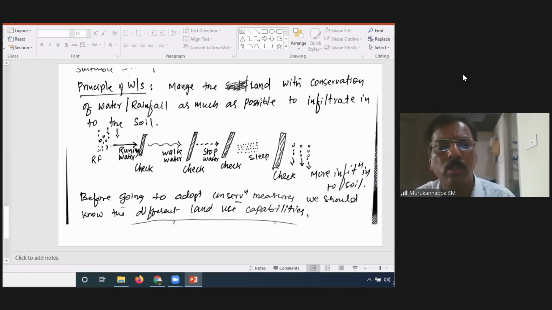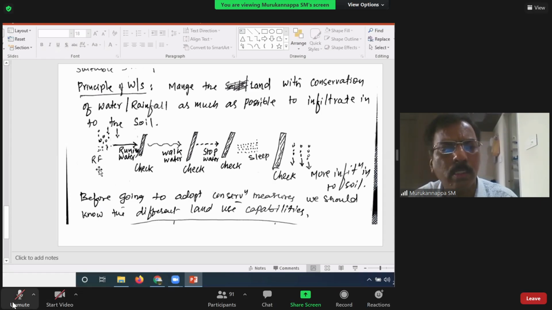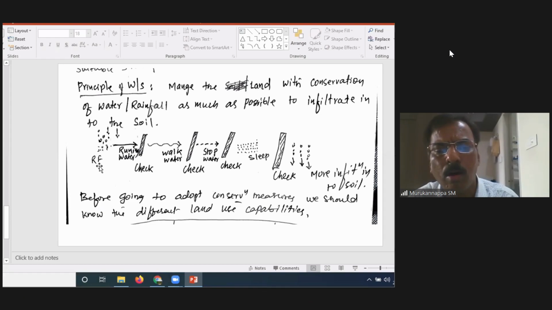Just see this. See here, first rain. Here the cursor, is it visible? Yes, sir. Okay. See here, rainfall is being received. Immediately after rainfall, what happens? It reaches the earth surface, and the raindrop hits the surface, is it not? If it has more kinetic energy, raindrop erosion will start. There is one criterion I told you: the intensity of the rainfall is more.